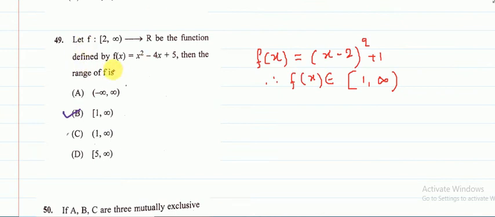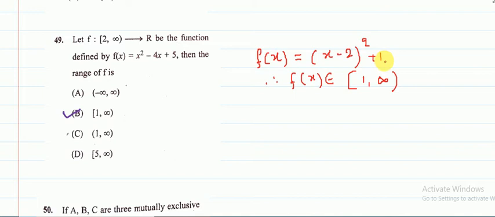Question number 49. Let f be defined from the closed interval [2, infinity) to R as f of x equals x square minus 4x plus 5. Then the range of f is, that is the output, they are asking. By converting f of x into a perfect square, I can write it as (x minus 2) whole square